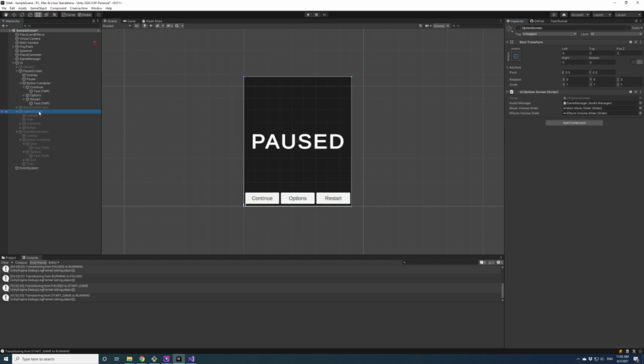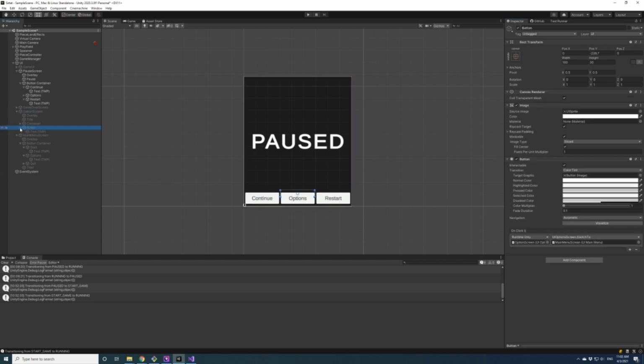There's no stack here, so the options screen and its button just takes us back to the main menu.